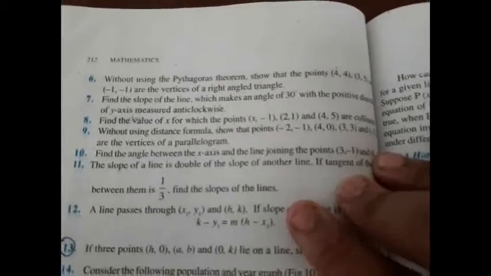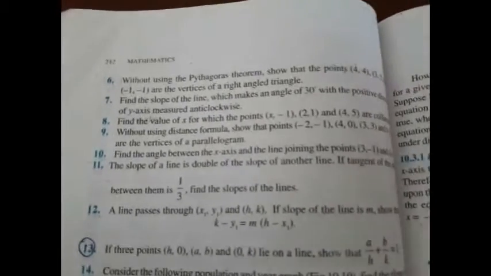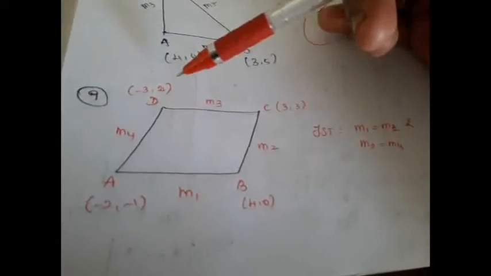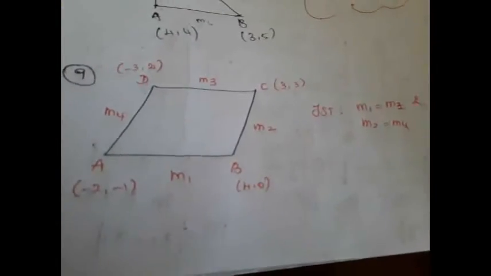Parallel lines will have equal slope. So if the opposite sides have equal slope, then the opposite sides are parallel, and hence the given vertices form a parallelogram. So for the 4 vertices of a parallelogram, you should show m1 equal to m3, m2 equal to m4. Then this will become parallel to this, and this parallel to this, and hence it will form a parallelogram,